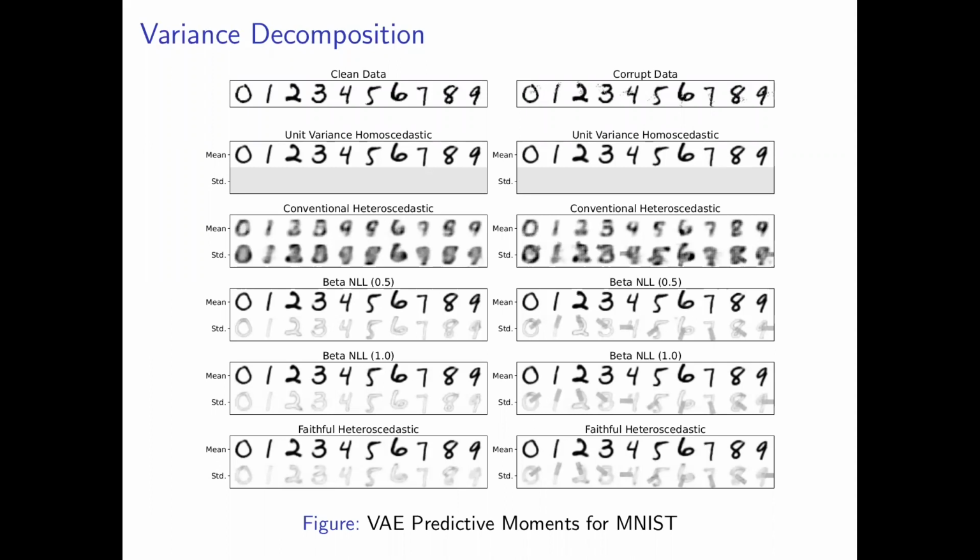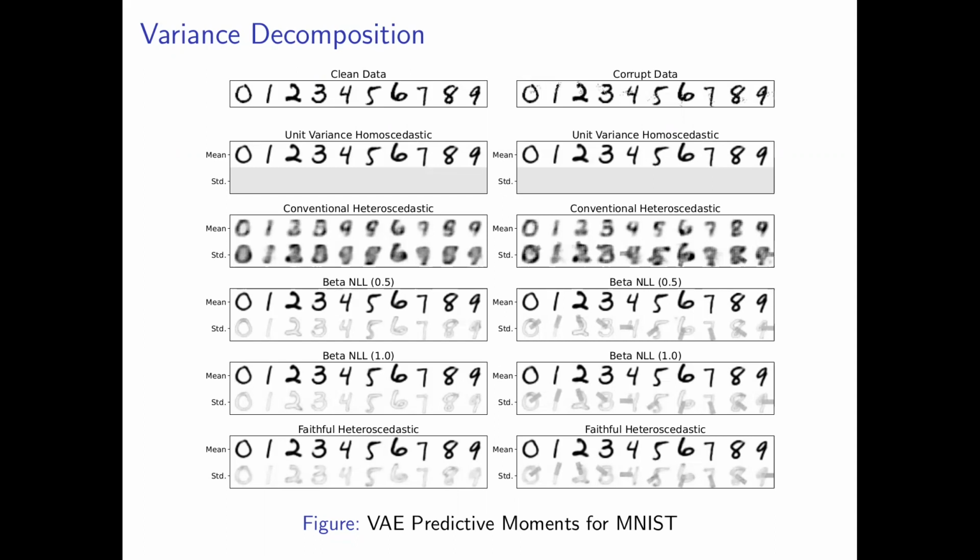We argue that training a heteroscedastic VAE to reconstruct digits should only capture epistemic uncertainty of the mean and its variance estimates. On the left, we have clean data. The homoscedastic VAE has good-looking means, so we know our architecture is sufficiently flexible to achieve good reconstructions. The conventional VAE falls into the rich-get-richer cycle of explaining poor mean estimates with high variance. The beta NLL and our method have good-looking mean estimates, and their variance estimates suggest the VAE mean estimates are most uncertain at edge localization.